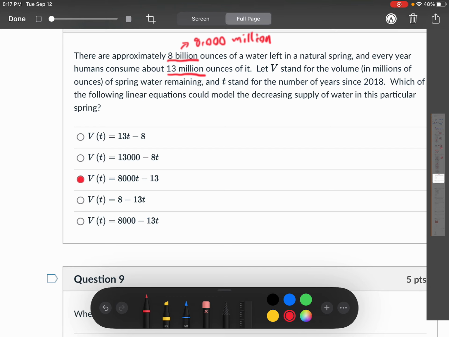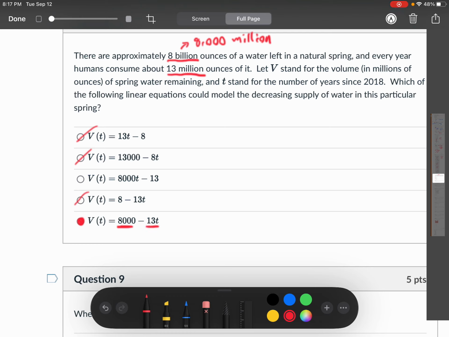Yes, it is gonna be that one. Wait a second. No, it's not. Let's see. We started with 8,000, so I know it can't be that one, or this one. So let's leave between those two. Yeah, it's this one. My bad. All right, and the reason is because you started with 8,000 million ounces of water, and every year,